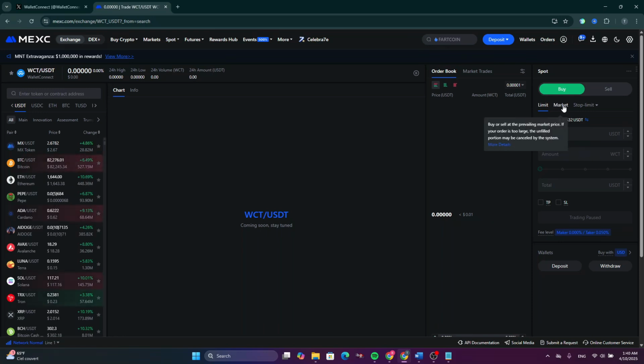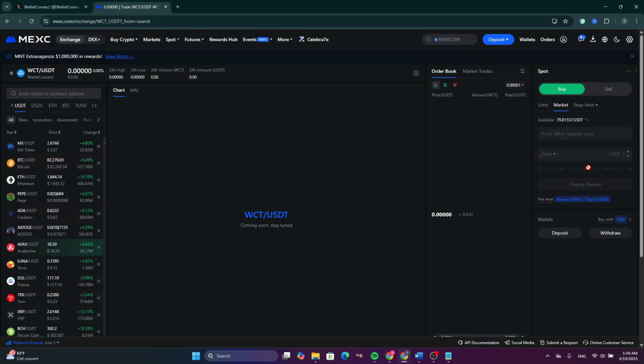Now, if you prefer to buy with market options, just click on market and drag this to set what percentage of that USDT you want to use in order to buy this token. So this is how to buy